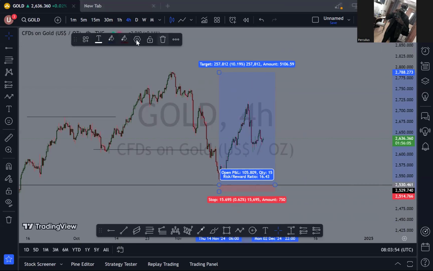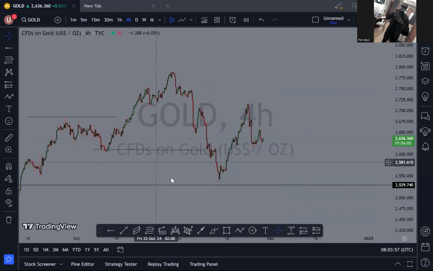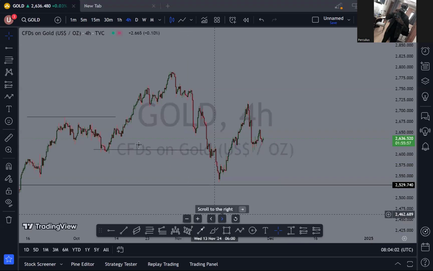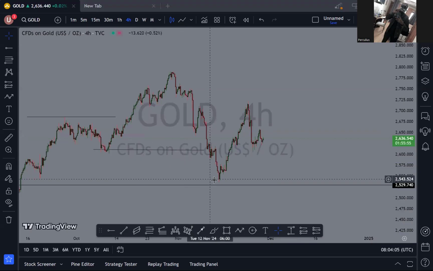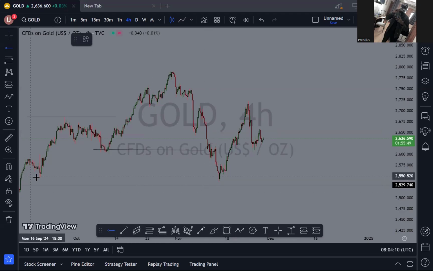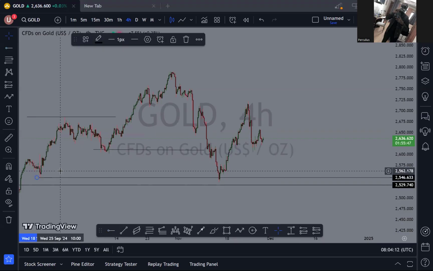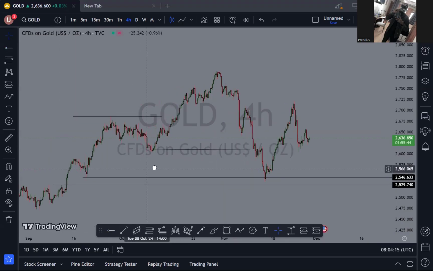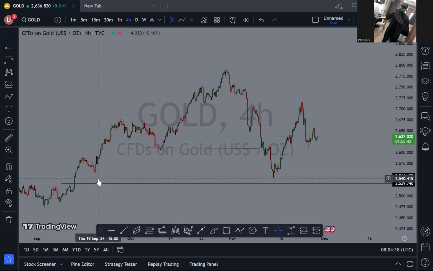And so I had to wait for a change of character to happen. And so this is 4 hours, right? So when the price reached this point, this was the last point, right? This is the last structure. And so I was waiting for it to come here, but it didn't. It took down, if there were people buying in this area, then probably they might be liquidated. But after price reaching this area,